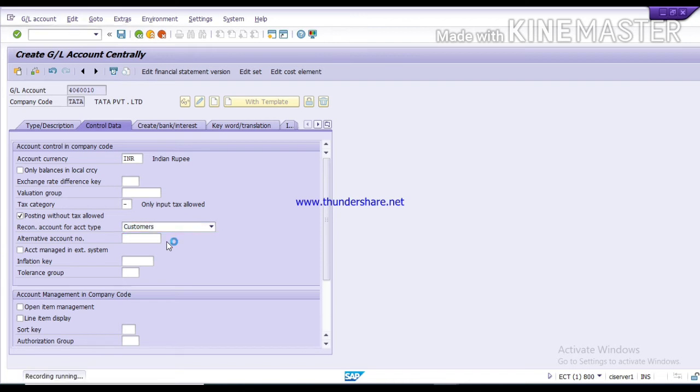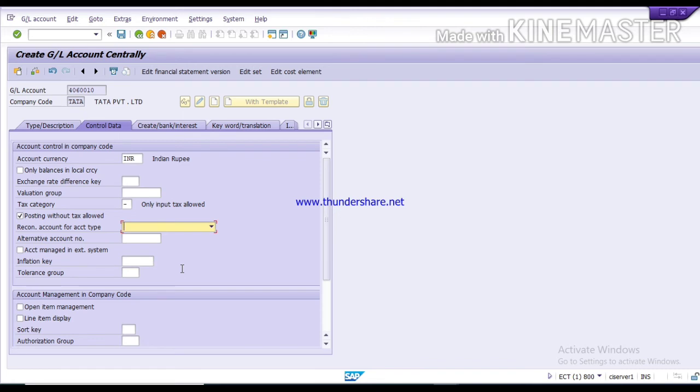And now press enter. Why am I pressing enter again and again? Because when you press enter, that time all this recording will be recorded. And now just remove it because this GL is not a reconciliation GL.